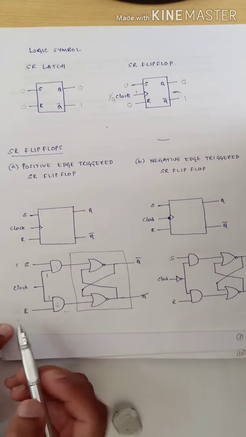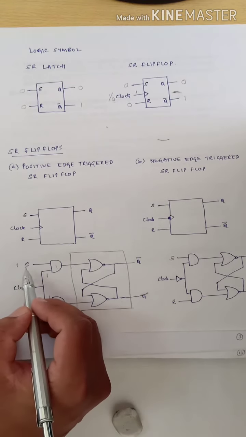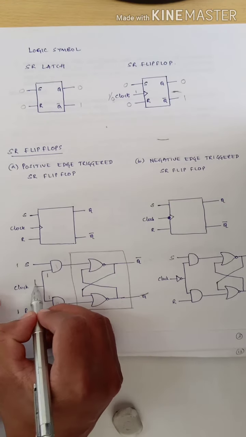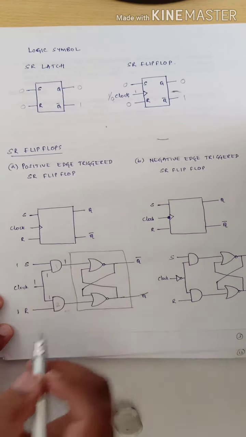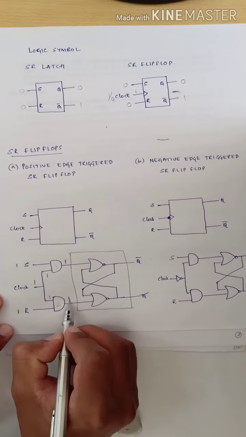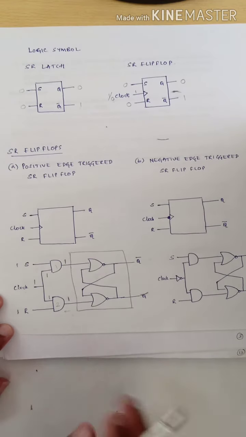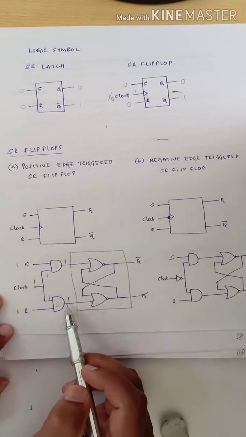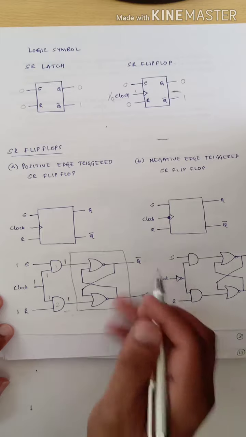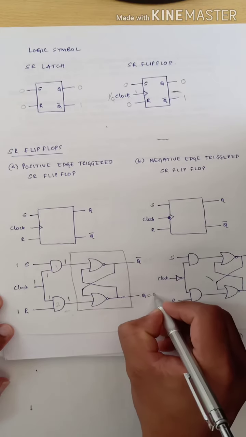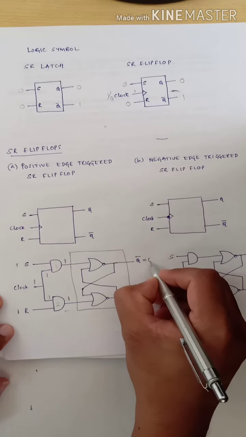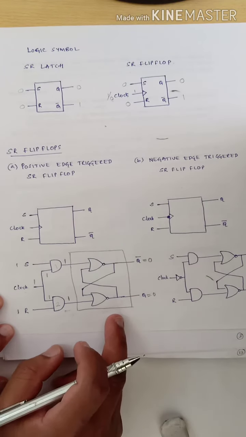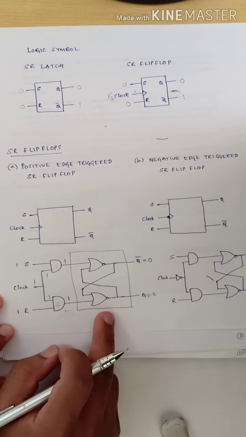Now the last combination, when S is equivalent to 1 and R is equivalent to 1 with the clock input as 1, generates the first AND gate output as 1 and the second AND gate output as well as 1. For an SR latch constructed using only NOR gates, when both the inputs are 1 and 1, we have seen that the outputs Q will become 0 and Q bar will also become 0. This explanation we have seen in our previous video. This actually means this is the forbidden state.